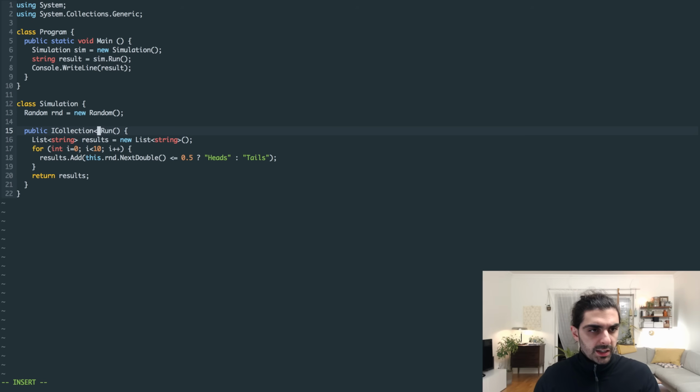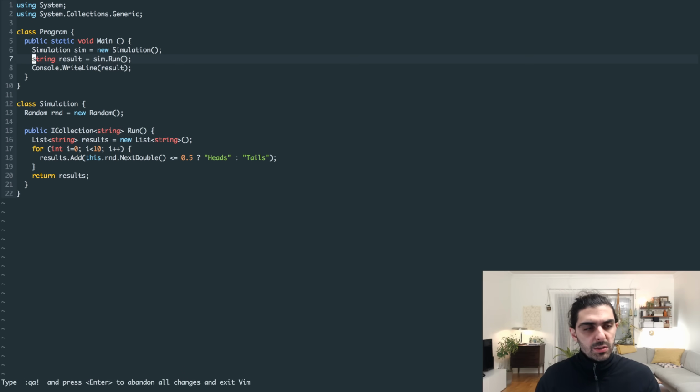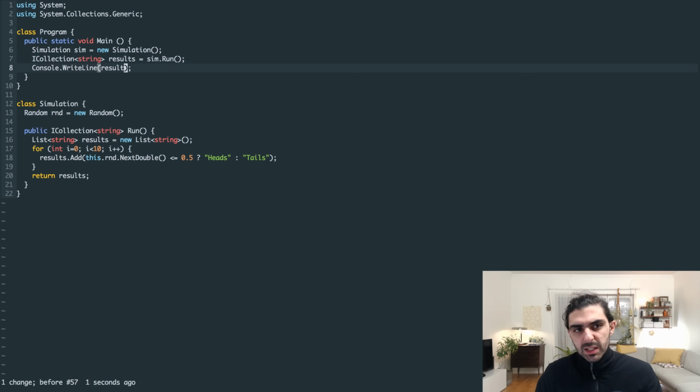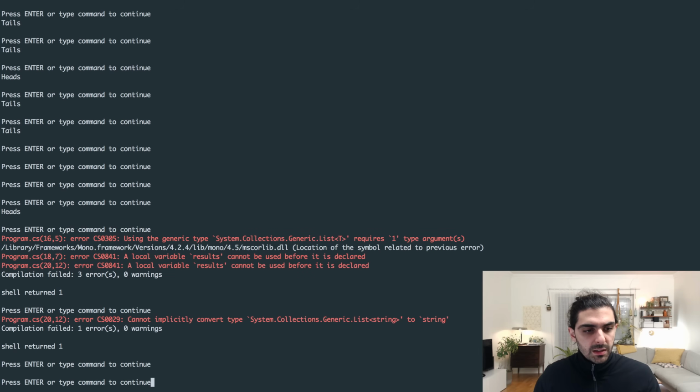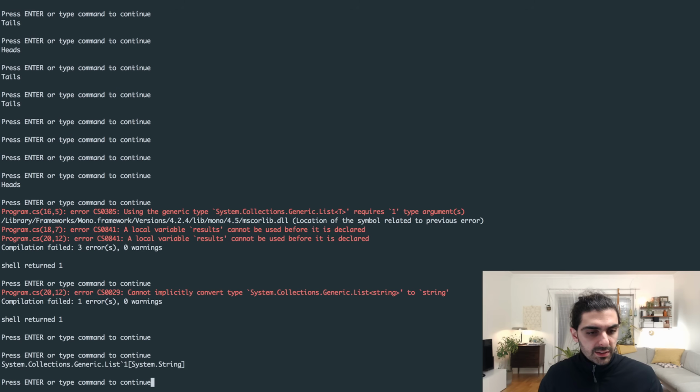which is of ICollection string. We want to return a collection of strings essentially. And then this is of course a list of, or I mean we could just say an ICollection of string, right? That's our result. So this should actually be results and then results, but let's say result here. Now that's compiled, and if we run that, you can see, okay, what we're printing now is a list, because